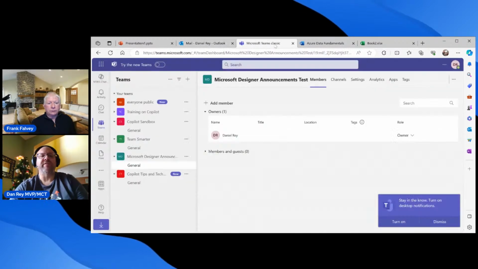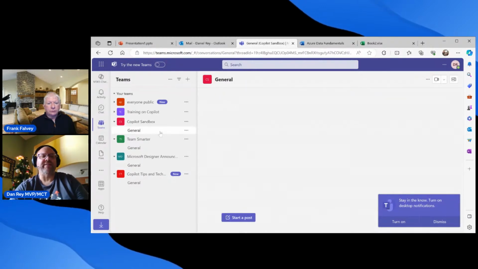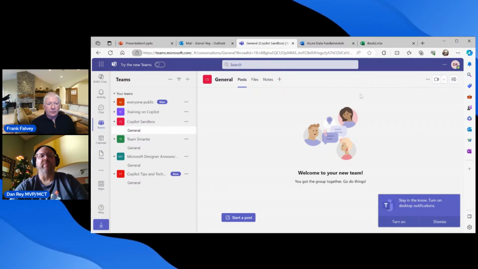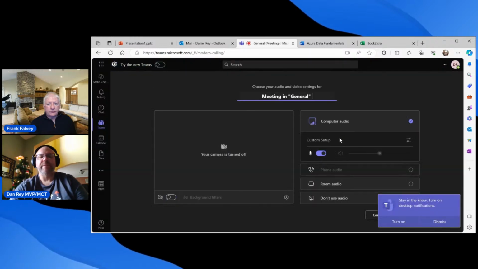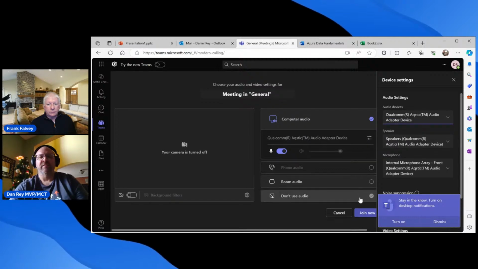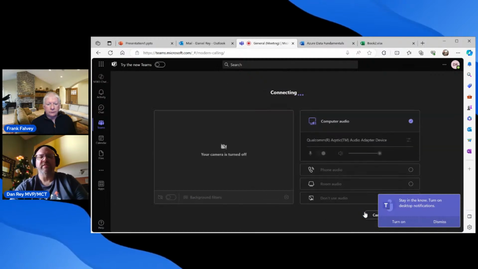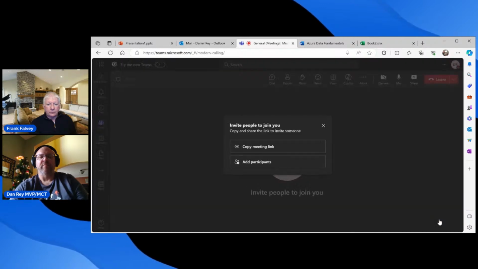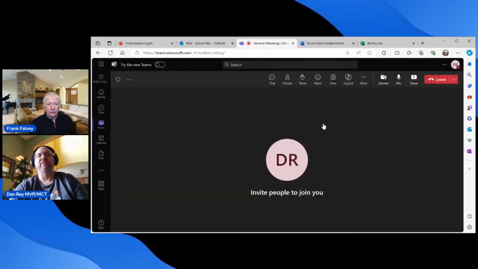And then we can come over to Teams and we can look at my Copilot Sandbox. And in the upper right, we could do a meet now to immediately start a meeting. See what kind of audio sources I have. See if we can do this. My camera's in use, but the